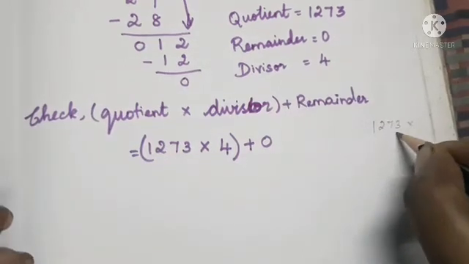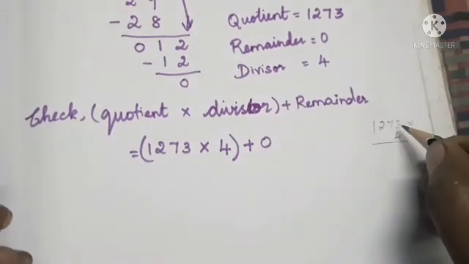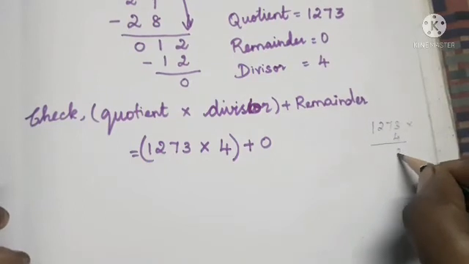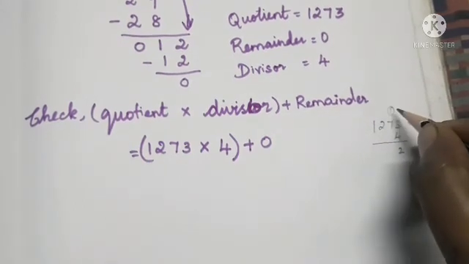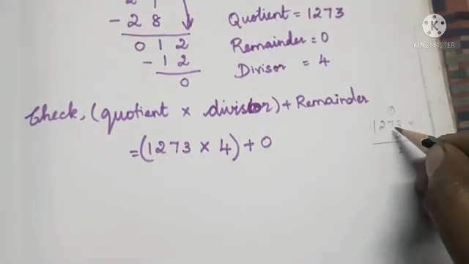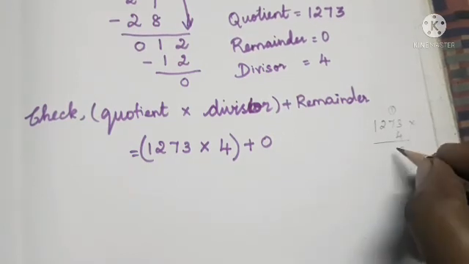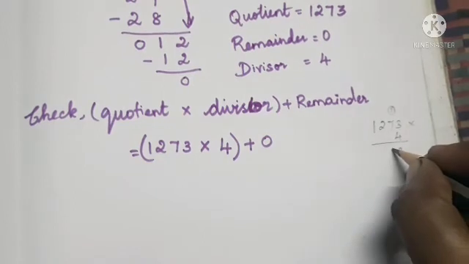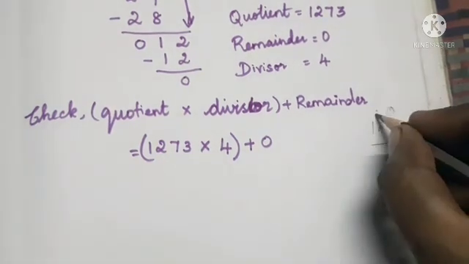First we are going to multiply 1273 by 4. Okay. So we can do it. 3 4s are 12. So we can write 2 here and 1 will be the balance. Okay. Next 7 4s are what? 28. Isn't it, ma? 1 7 is 7, 2 7s are 14, 3 7s are 21, 4 7s are 28. 28 plus 1 is 29. So we can write the 9 here. 2 will be the balance.